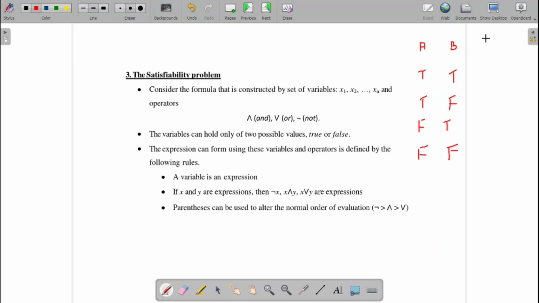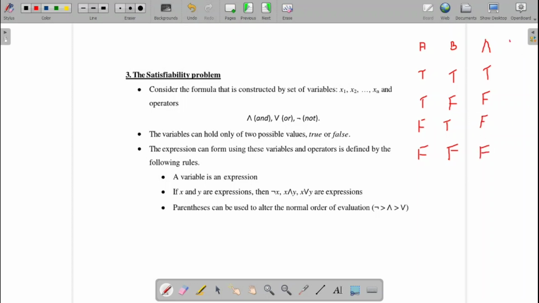Now if I perform the AND operation over here, what is the result? True and true, true and false, false and true, false and false.